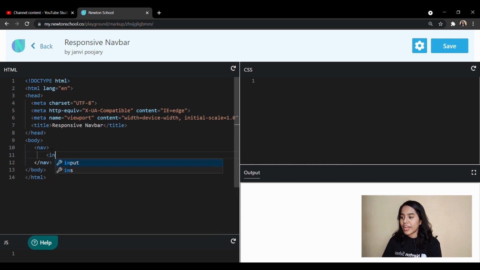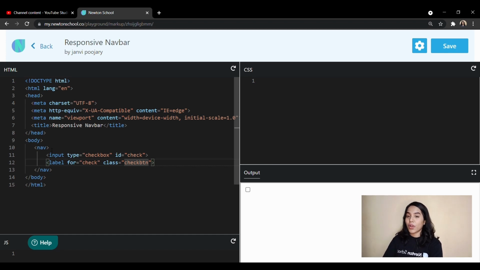Now here I will write input type checkbox, and let us give one ID as well. Now you might be thinking, why are we adding a checkbox over here? You will understand it very soon. After that we will put one label, and the label for it would be check, and the class would be check btn.